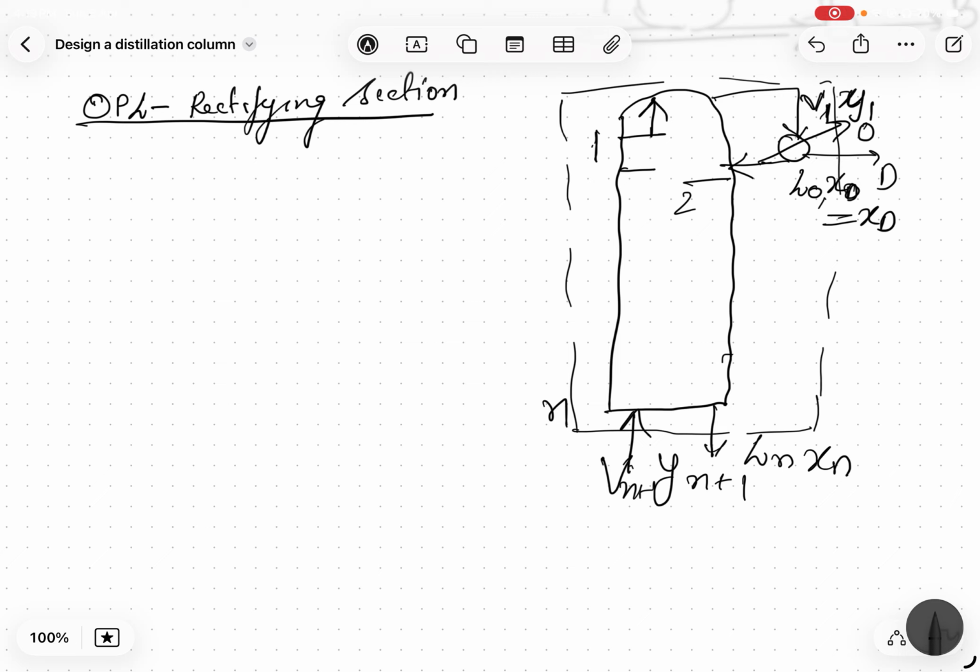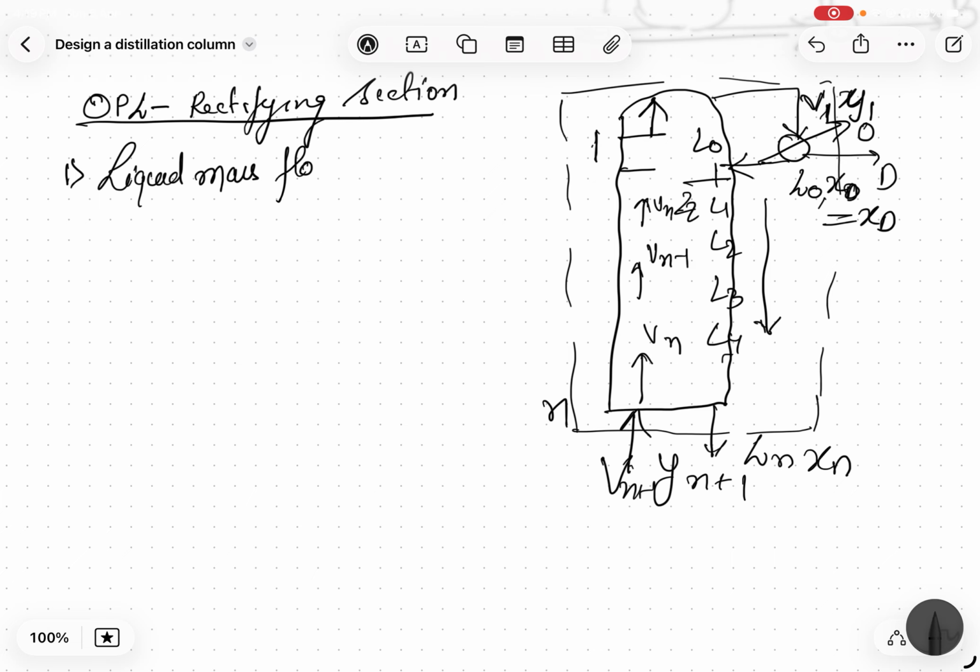Now you will see there is a vapor flow in the column from bottom to top. There is a vapor that is Vn, then Vn minus 1, then Vn minus 2, and so on. And there is a liquid flow, that is L0, L1, L2, L3, flowing from top to bottom. So there is an assumption that McCabe has taken that the liquid